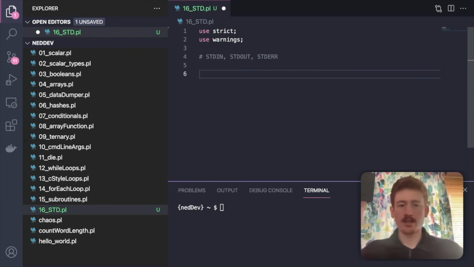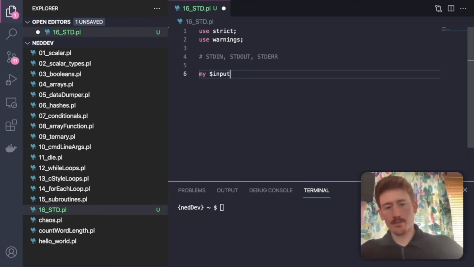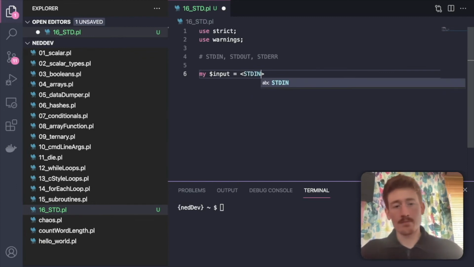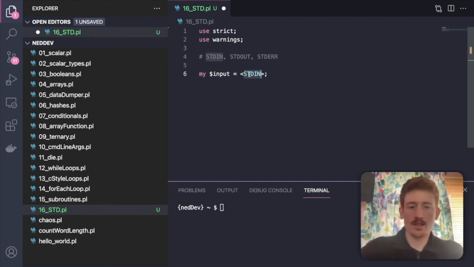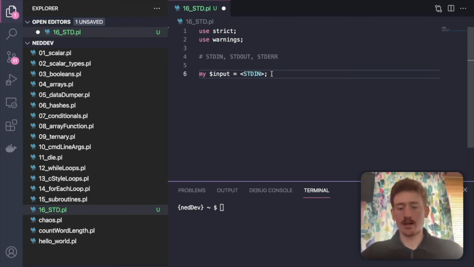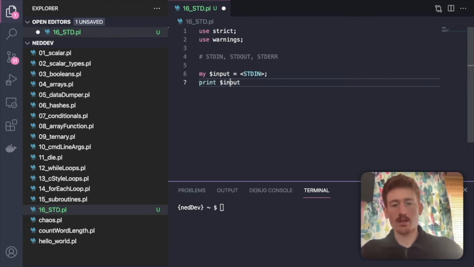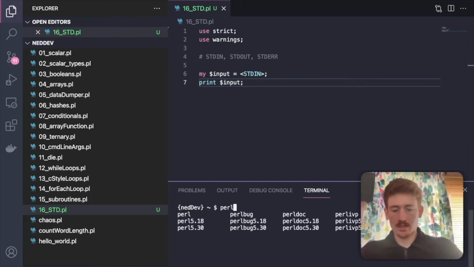So the first thing is standard in. Now that's taking information from our keyboard and using it within our program if that's what we want to do. So we can say my input, we can assign this to the less than and greater than signs, and within those two signs we can say STDIN. Now in VS Code this turns blue because it is a keyword within Perl, so it's just doing some syntax highlighting, and we can then print this out. Oops, input, and run it. So perl 16,